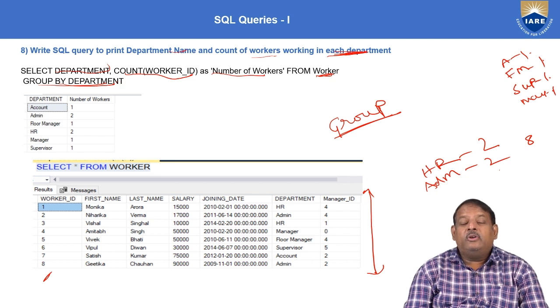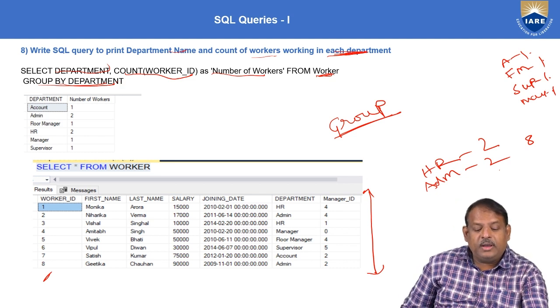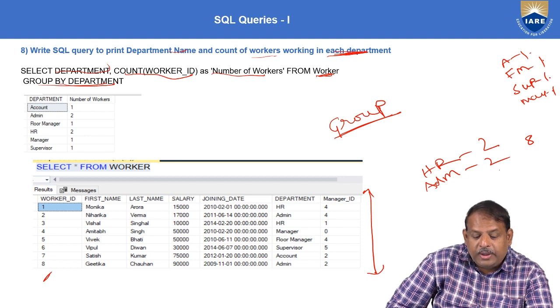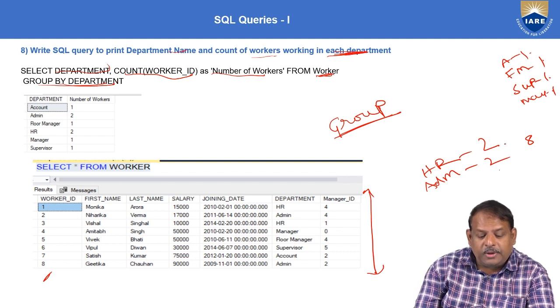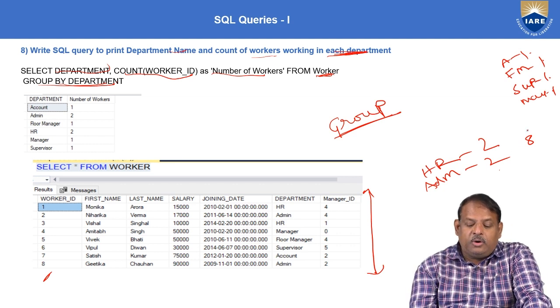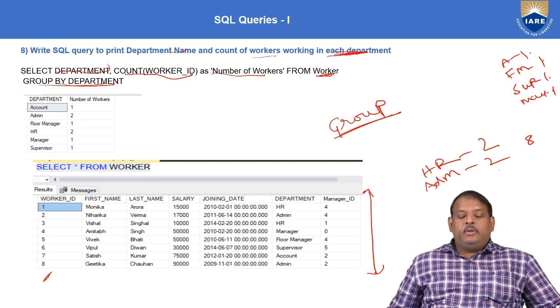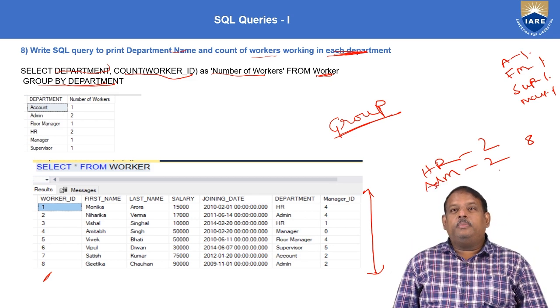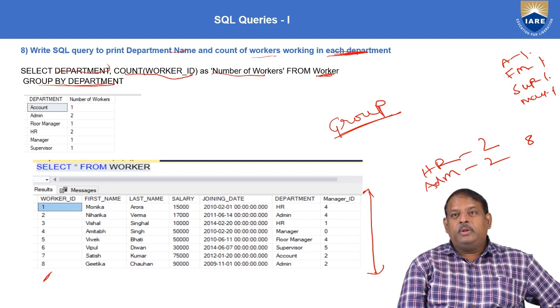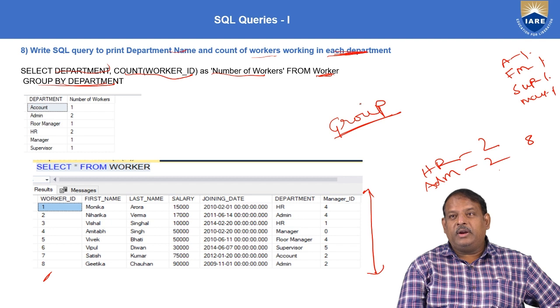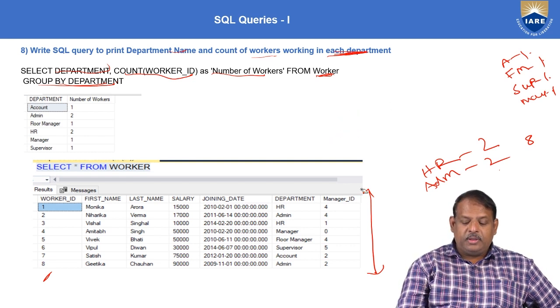your data will be grouped into departments. So if you see here, accounts 1 employee, admin 1 employee, admin 2 employees here, and HR also 2 employees. Floor manager is 1, manager is 1, supervisor is 1. So now your data is grouped into groups. Now what is a group? That means the segregation of data based on some condition. Here my condition is that I want to sort the data in the departments. If you see the output,